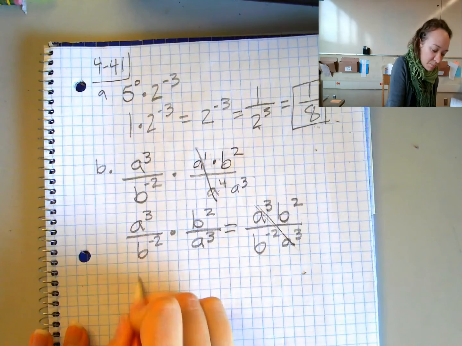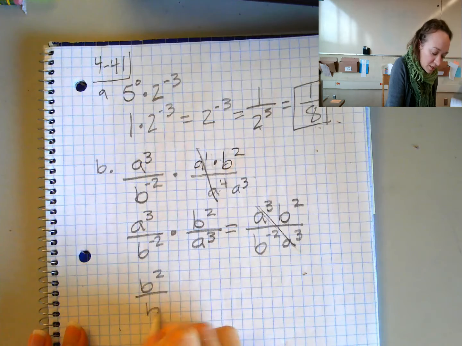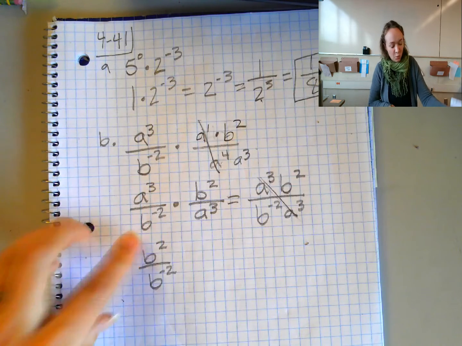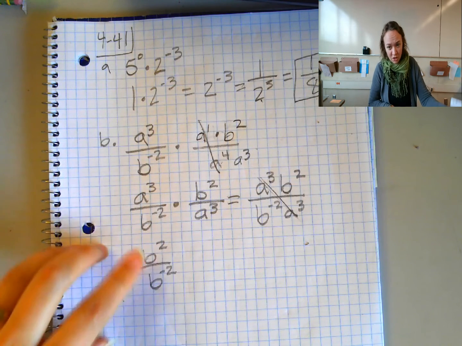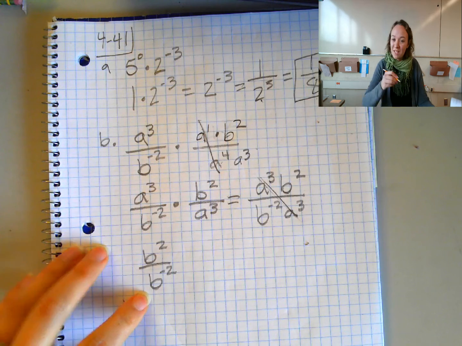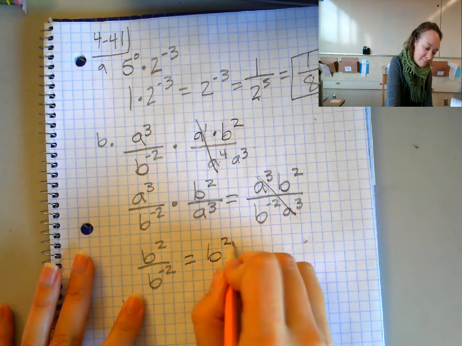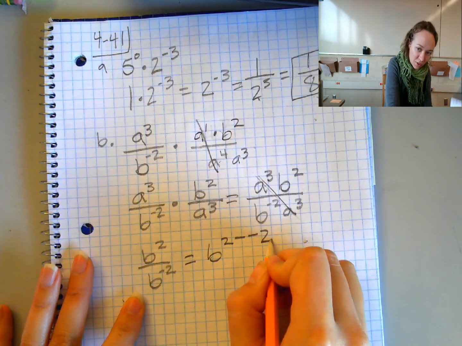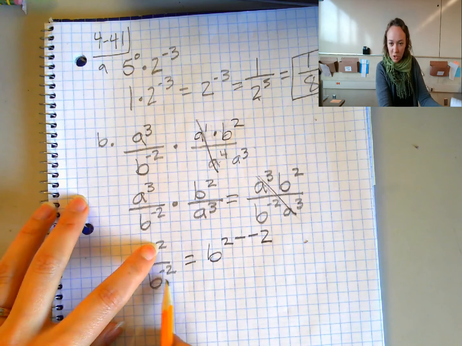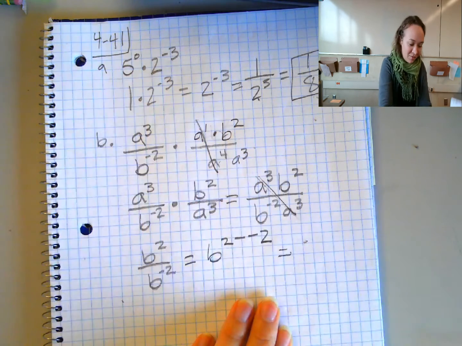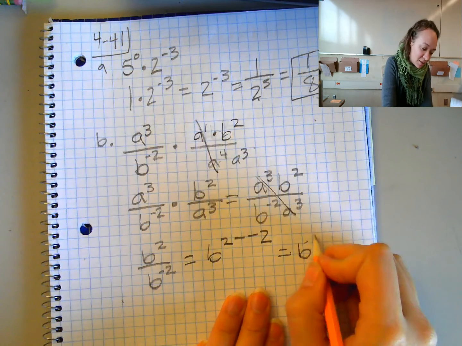So that gives me B squared over B to the negative 2. I think this is where a lot of people messed up. So here, we are dividing, right? This is a fraction, so it's like a division problem. So I get to subtract my exponents. So this is the same as B squared minus negative 2. Because I get to take this exponent and subtract that one. That gives me, because we know our negatives, that gives me B to the power of